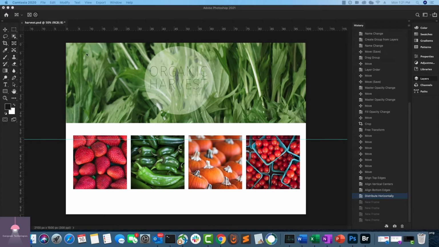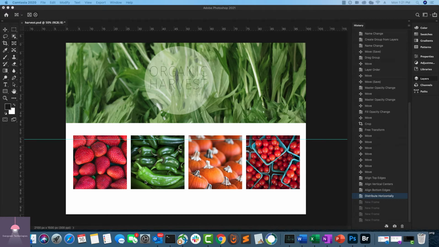As you can see, I have these nice greens on the top with a nice logo of organic harvest, and I have these images of strawberries, chilies, pumpkin and tomatoes. What I want to do is, as you can see, these images of the fruits and vegetables are square. I want to convert them into circular images, right?